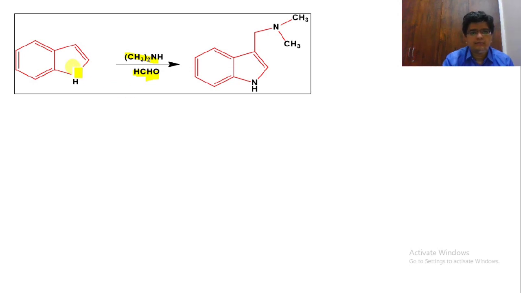So now what will happen? So here this is the hydrogen, that is the active site. Okay, lone pair of electron will travel over here. This will go down over here. So here we are having a hydrogen, minus charge, and produce a minus charge over here. So here we can attack over it, that is hydrogen from here, oxygen from here, and nitrogen from here, hydrogen from here. So now let us condense this molecule, CH2 group over here, and here we are having NCH3 CH3. So now this is our Mannich base reaction.